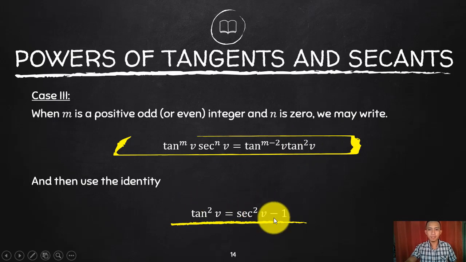If I multiply now, what will remain here? That will become tangent and secant squared, which is the derivative of tangent. And then if I multiply the remaining with your 1, that will become tangent. It depends on what will be there. If that needs to be simplified again, we need to simplify. If that is just tangent, then we can just integrate, right? There's a direct integral for tangent.